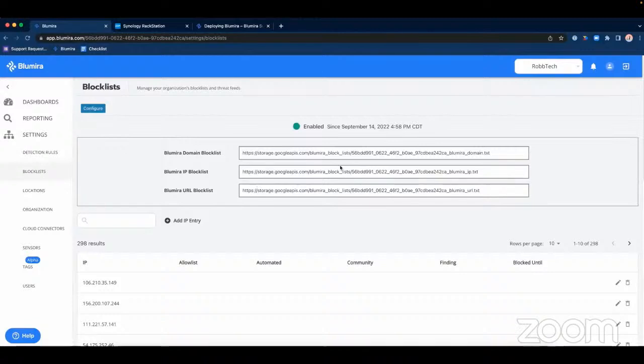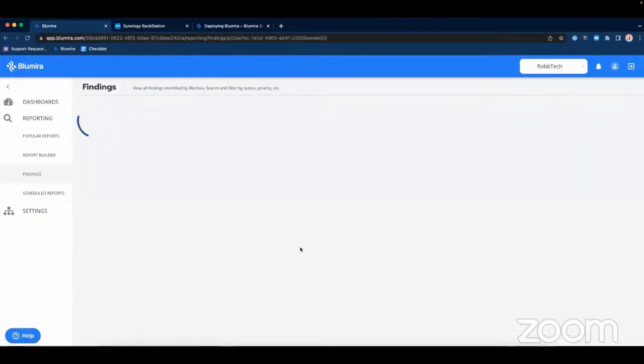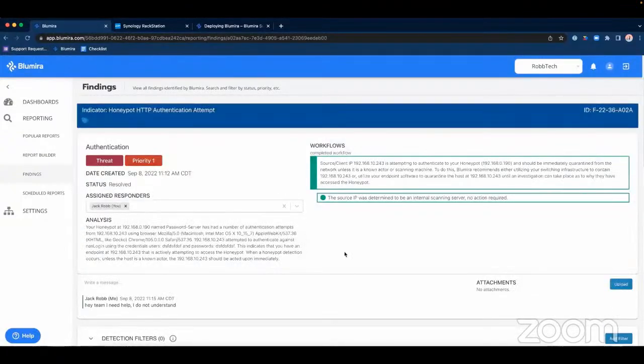The way that this works is very straightforward. You add these block lists to your firewalls, and then on the threat side, when we talk about these findings, you go through and action a playbook. If an attack surfaces from your firewall, and we deem that an IP is a rogue IP or an untrusted IP, whatever adjective you want to add there,